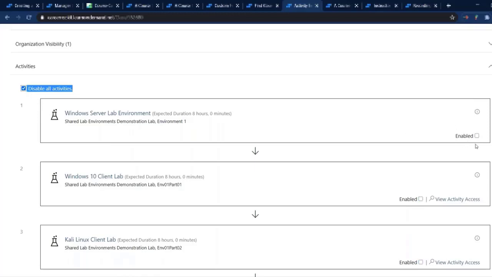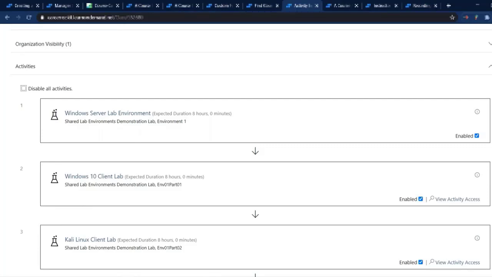And I also have single activity enablement over here on the side. So I can choose to enable all of my activities or one at a time. I can come back here and it'll toggle back to being enabled. There we go. So instructors can then control whether or not their students have access to move ahead on an